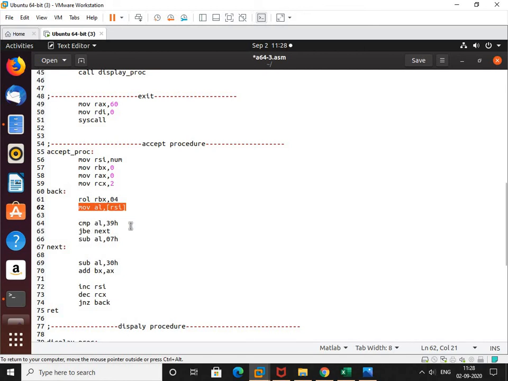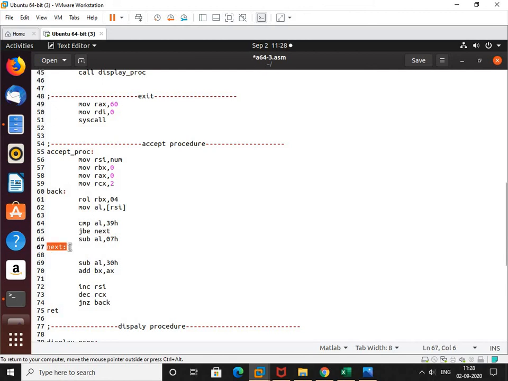See, whenever we are doing this ASCII hex to hex conversion, keep it in mind, compulsorily whatever input we are taking should be in the accumulator, right? So we have taken here the lower part of the accumulator, that is AL, and we are going to compare it with 39H. The highest value is 9. The ASCII hex value of 9 is 39, right? So compare the value of AL with 39H. AL value is 34, compare with 39, right? So it is below 39. 34 is below 39. So jump if below or equal to label next,